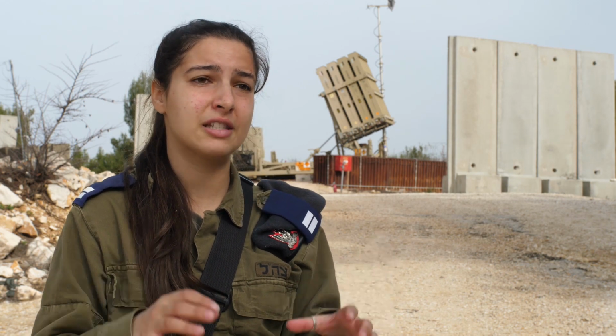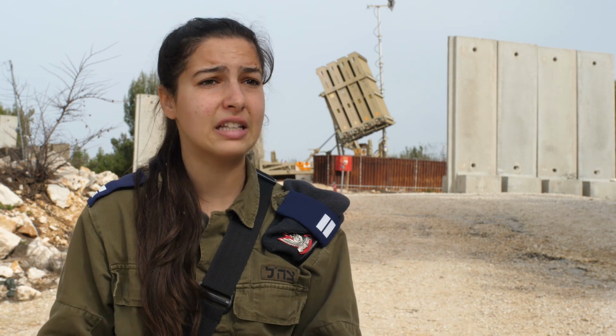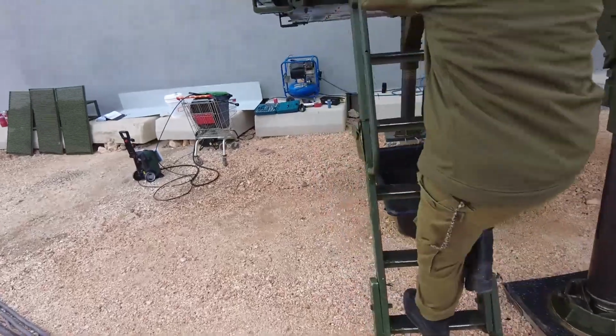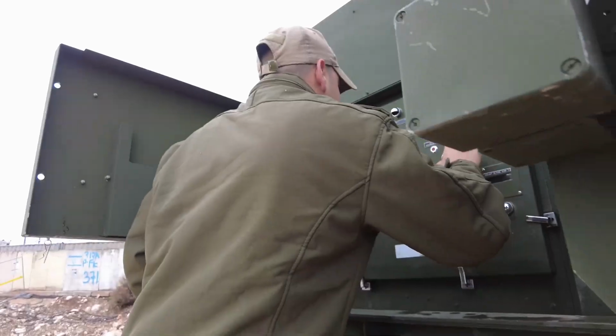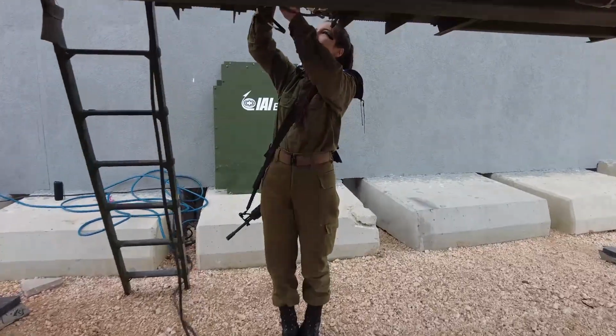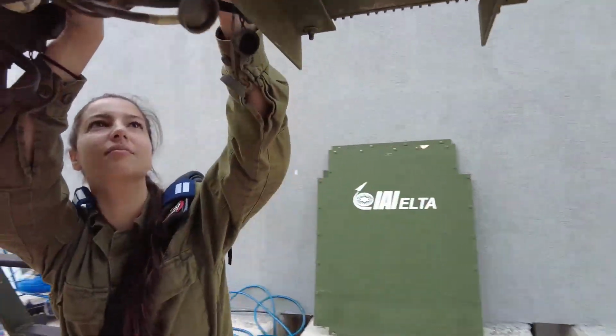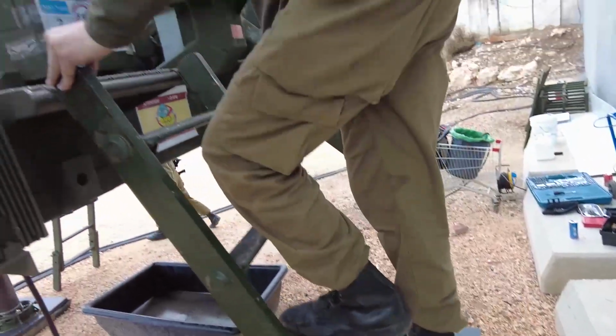So me and my team are sitting, looking at the rockets and understanding where the rocket's going to fall. Is it an agricultural field? Is it an army base, a civilized area, schools and homes? Based on all of these facts, we need to make a decision as fast as possible so that we can intercept the missile on time. And these are very fast decisions that we are making, and there's no room for error because these are life